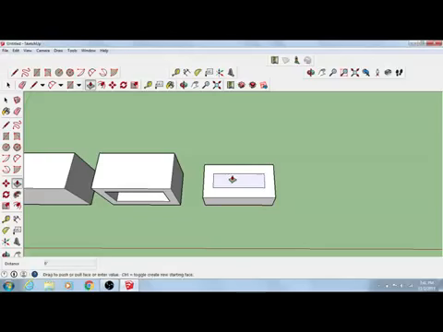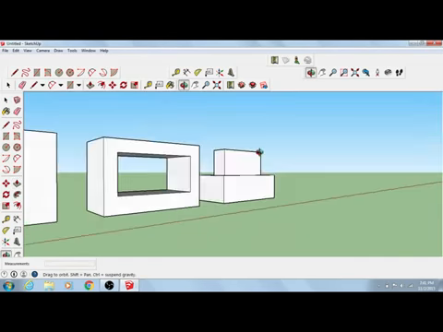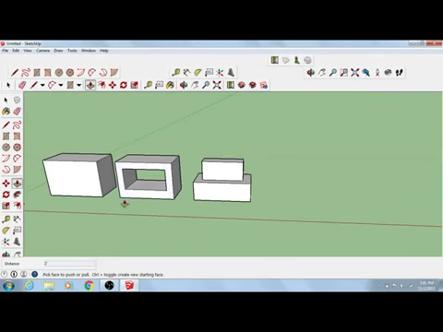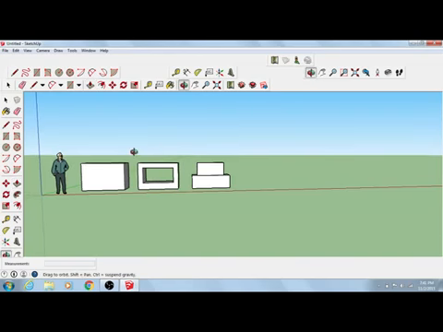So I'm going to click on it, I'm going to orbit around again so I can see it properly. I want it to go in this direction, so I'm going to pull it up a little bit, and then I'm just going to say 2 feet. Okay, I type that in, hit enter, and there I have another smaller box on top of that. And they're all 4 feet tall. Okay? Next,